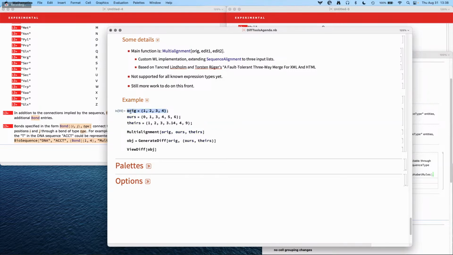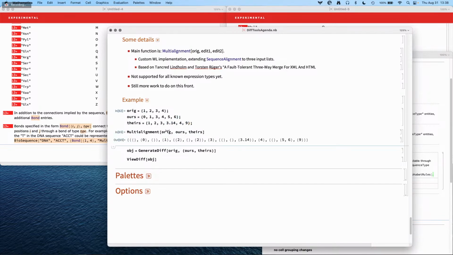So we have an original expression. One person edited it to add something at the beginning and the end. Another person edited it to do other things. And we see this completely opaque multi-alignment with lots of nested lists. And to visualize it, GenerateDiff uses notebook alignment. The syntax that I've chosen for now, to keep this to two arguments, is to have the original, and then